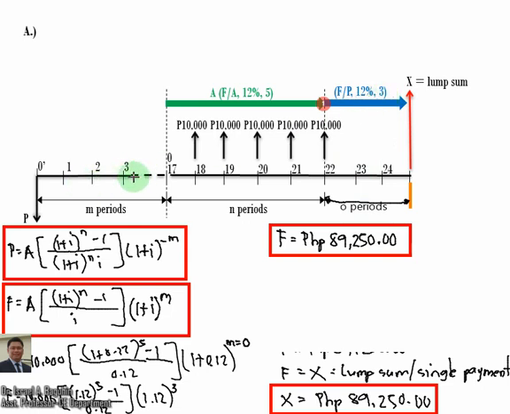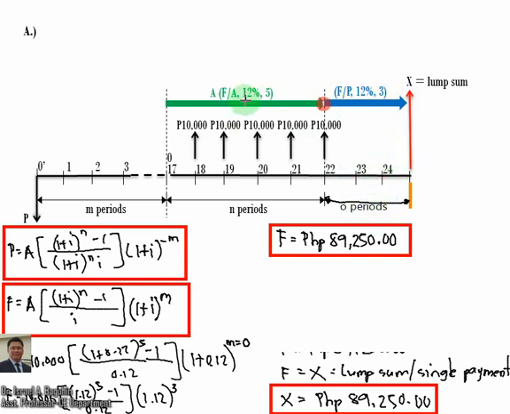So we are not dealing with the M periods here, because we are only after this value of X using the annuity starting from this 18th year to the 22nd year, and then using this one to get the lump sum. So we are dealing with another period, which is our O periods here,